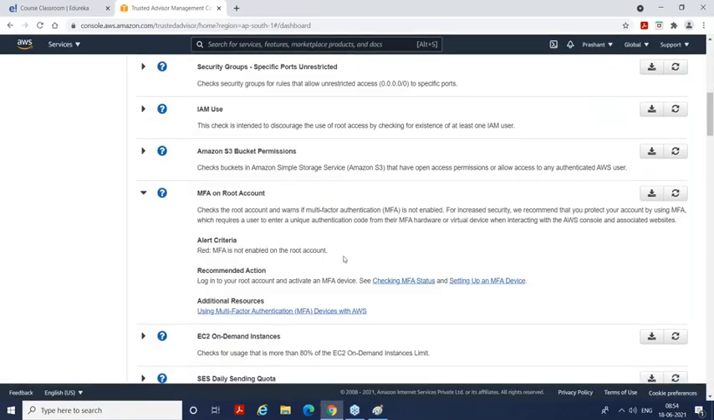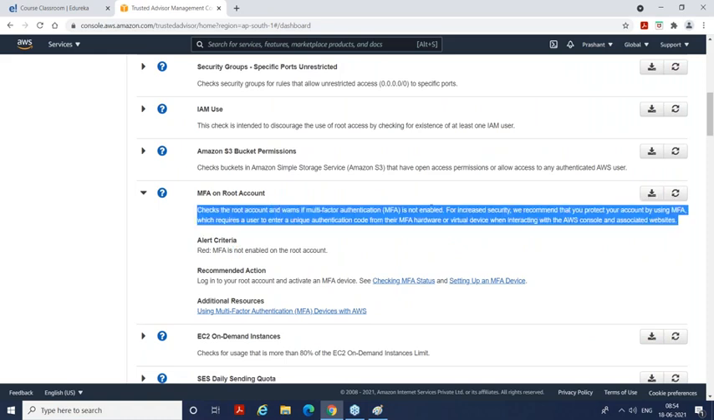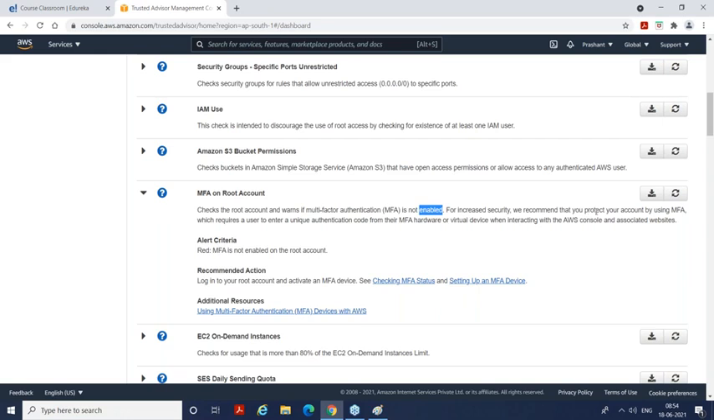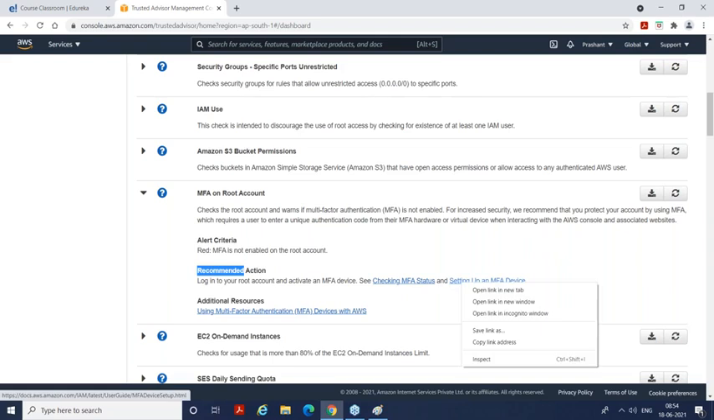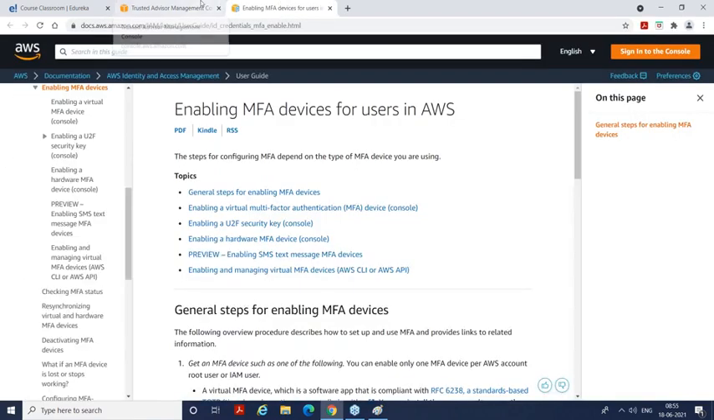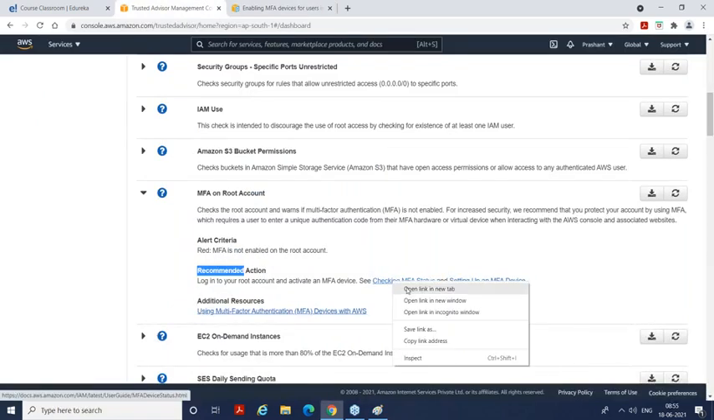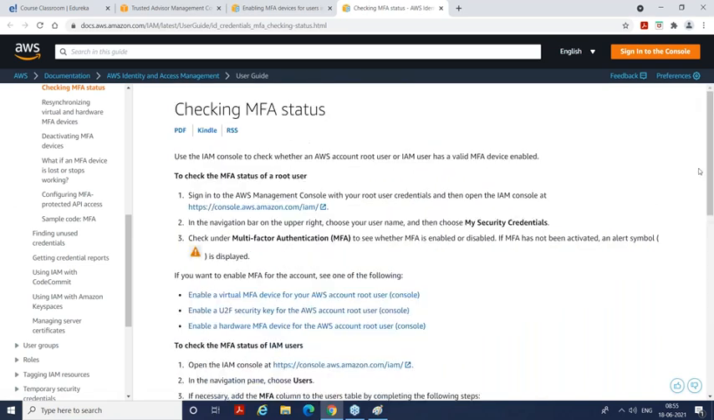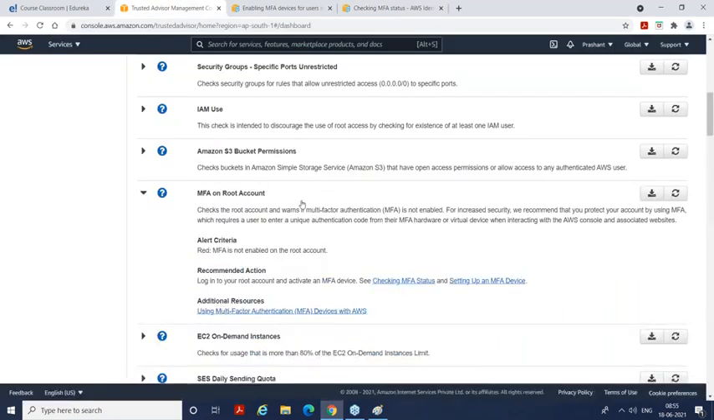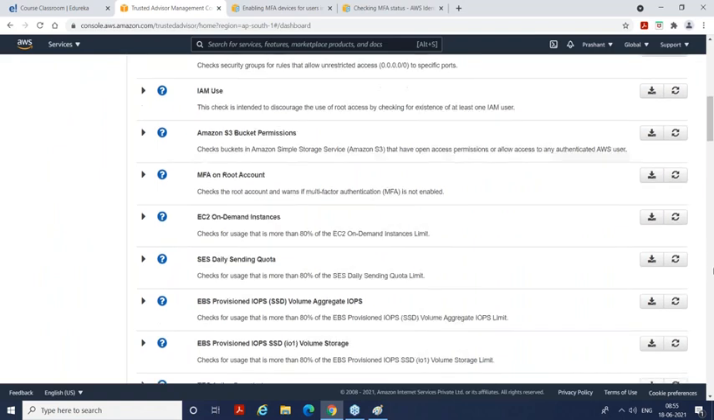MFA on root account. So right now, it checks the root account and whether multi-factor authentication is not enabled. For increased security, we recommend that you protect your account using MFA. Then recommended action, log into your root account, activate an MFA. And it is giving you relevant documents. You can refer to them to enable MFA on your root account, right? So it is giving you how to check this status. It is giving you all of that so that you can be very clear, and this can come as a finding for your account,